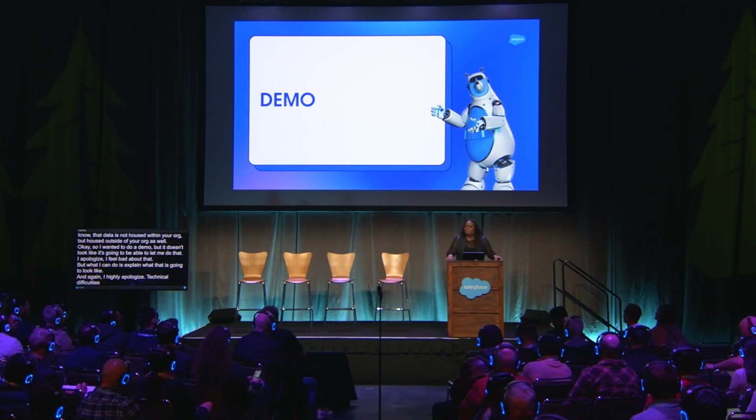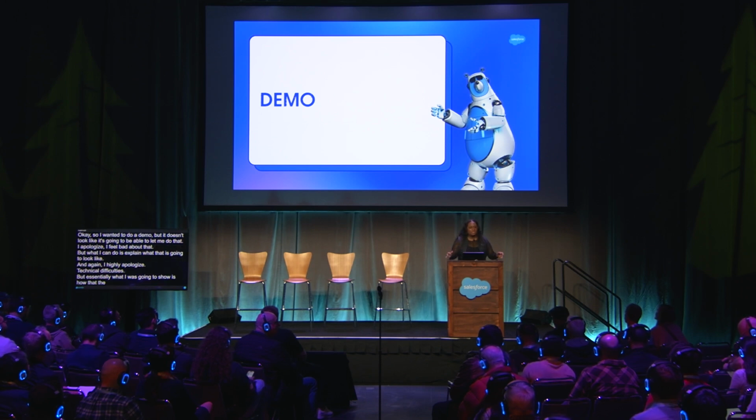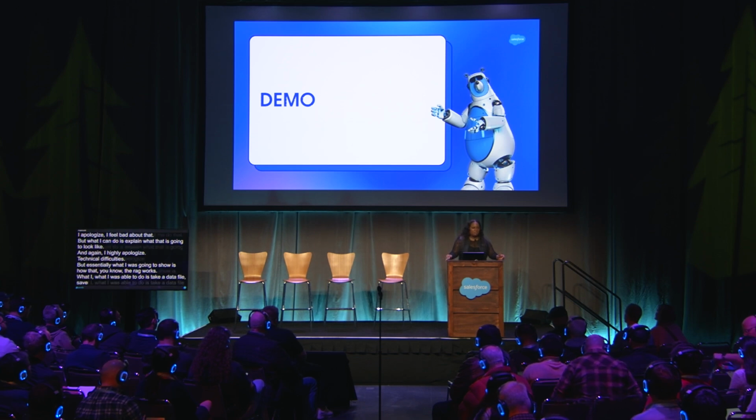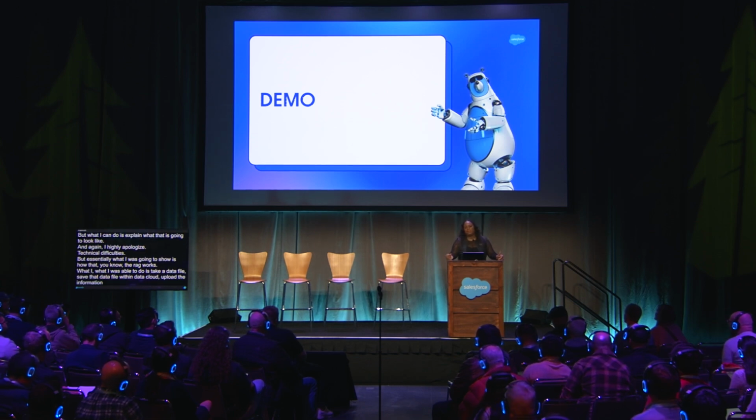So I wanted to do a demo, but it doesn't look like it's going to let me do that. I apologize, I feel bad about that. But what I can do is explain what the demo is going to look like. Again, I highly apologize, technical difficulties. Essentially what I was going to show is how the RAG works. What I was able to do is take a data file, save that data file within Data Cloud, upload the information, and then build a prompt template that actually referenced that data file, and it essentially referenced the org